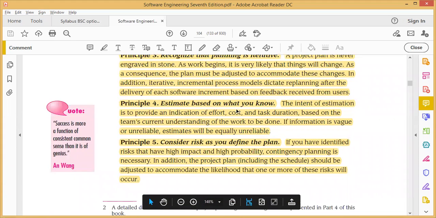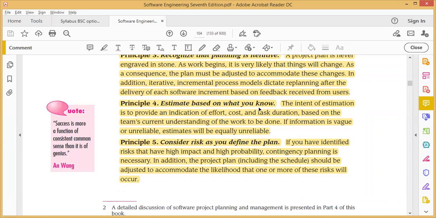The next principle is to estimate based on what you know. While working on this project, you have to have knowledge about the domain you are working in. That means you have to estimate based on what you actually know. You have to work on that first, and some of the points you have to gather from the customers, the stakeholders, or the end user. The intent of estimation is to provide an indication of effort, cost, and task duration, based on the team's current understanding of the work to be done.